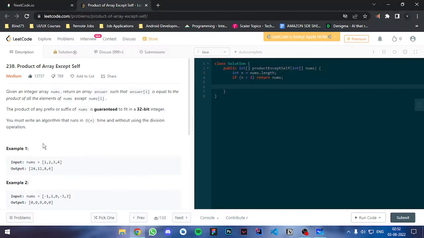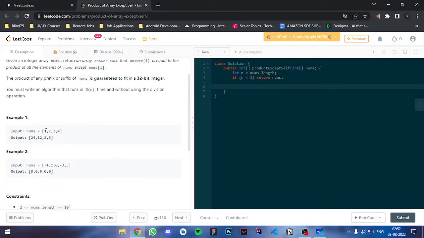Can we use two for loops over here? Yes, we can take the ith element from this and the jth element from this, and if i and j are equal, we will just ignore that, else we will take the multiple. So if I initialize an integer product, product is equals 1, we can't take 0 because ultimately it will be 0. So for int i is equals 0, till n, i plus plus, for int j is equals